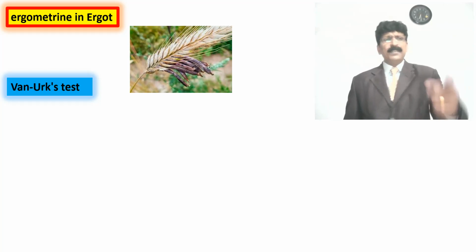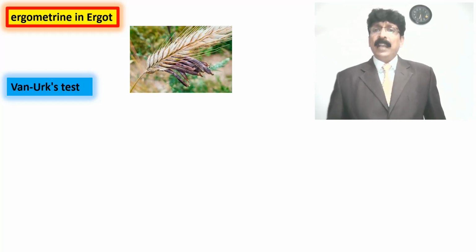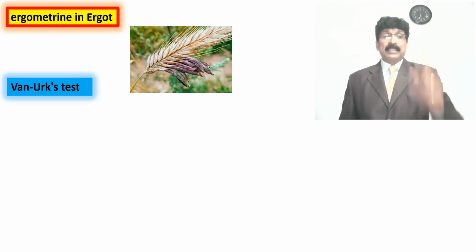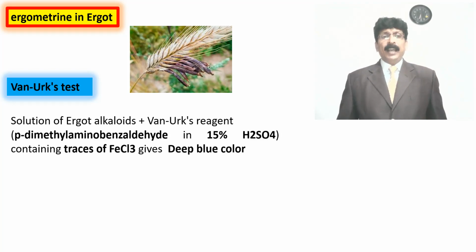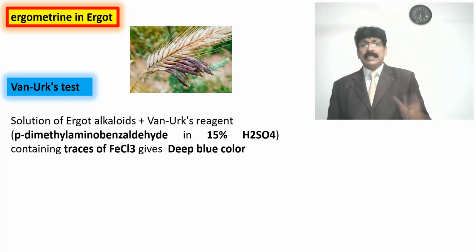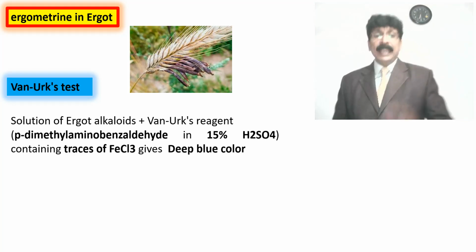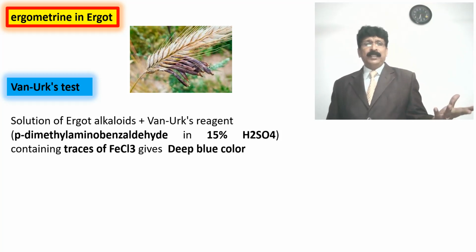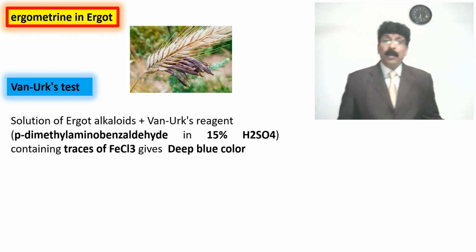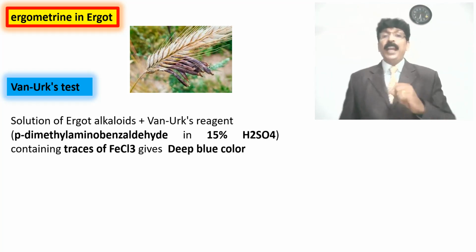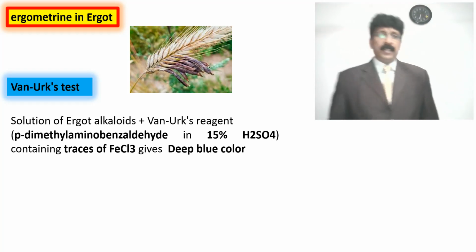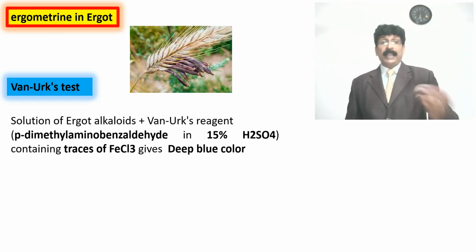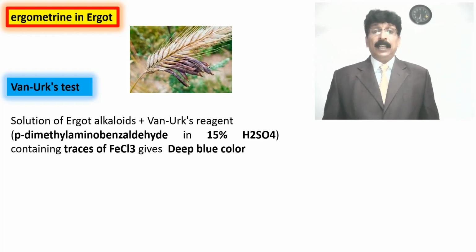A test which can identify them specifically is the Van Urk's test. Here, a solution of ergot alkaloids is added to Van Urk's reagent. What is this Van Urk's reagent? It is very simple. Para-dimethylaminobenzaldehyde in 15% sulfuric acid is the reagent, containing a little trace of ferric chloride. If you add ferric chloride after adding this component in sulfuric acid, a deep blue color is formed, as shown in